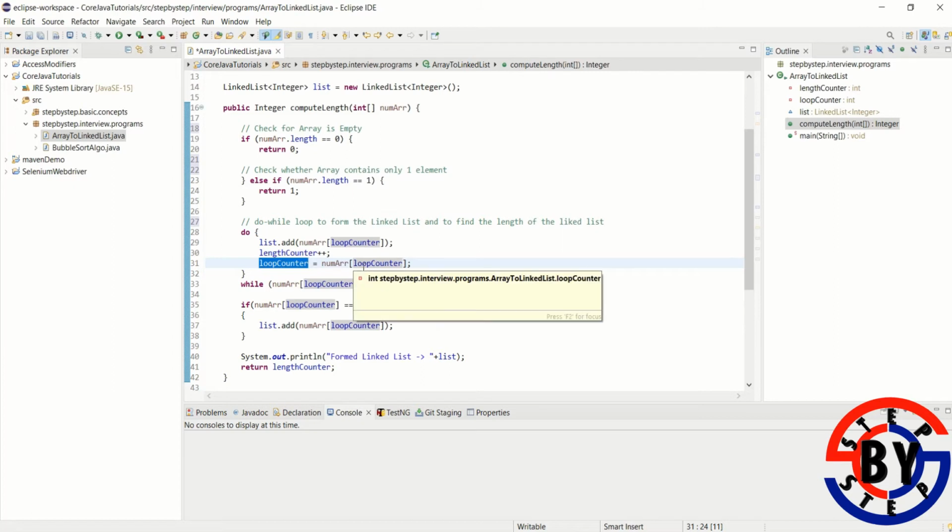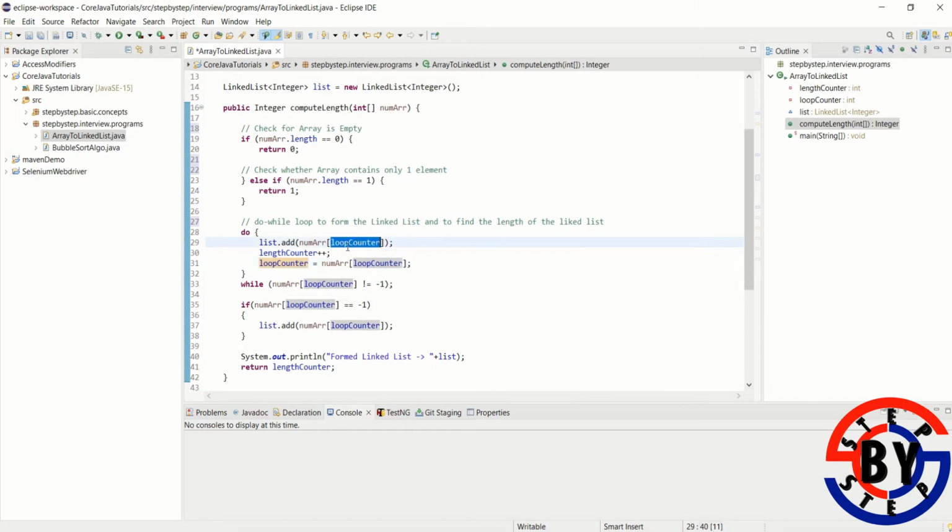So the value located at the initial index, if you are considering the first instance, the value located at num array of 0 will be the second index for finding the next value. So next time when it comes to add the value in a linked list, if the value at 0 position is 5, then it will directly go to the fifth index and get the value from the fifth index.